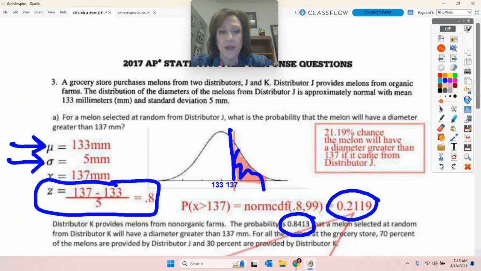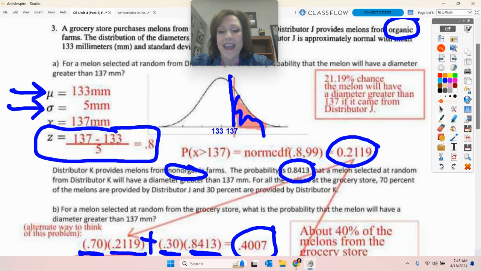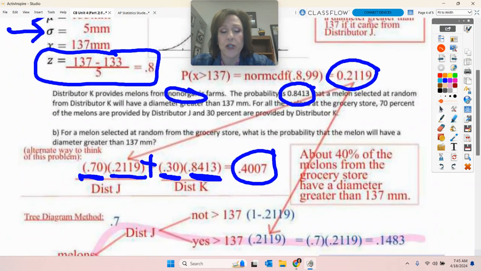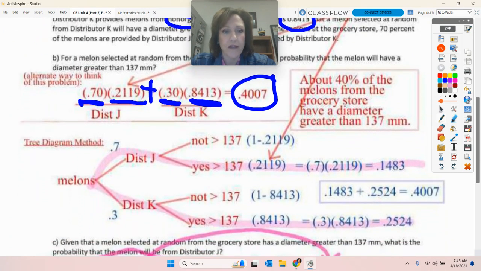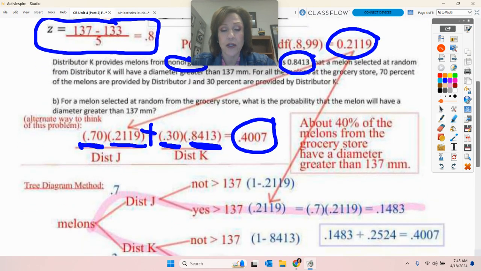Interesting. K is non-organic. Do we know J is, see, J is the organic ones and K is the non-organic ones. Okay, so that's why they had a much different probability proportion. They were probably sprayed with the whatevers to help them grow and all that kind of stuff. Okay, so one of the methods that you could have done this was either this strategy here of 70% from